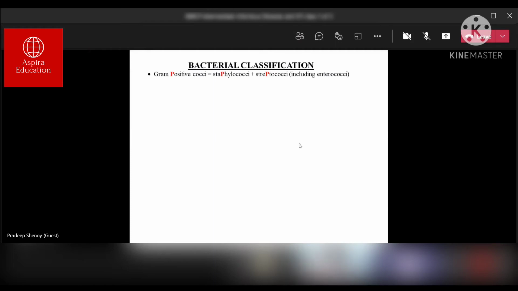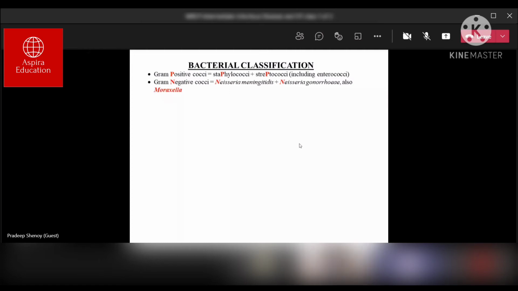So bacteria are classically divided as gram positive and gram negative based on the stain, gram stain. Subsequently, it can be classified based on the morphology. So we have cocci, which is like a small dot-like structure. Then we have bacilli, which are a little elongated. So we have some classical organisms which have special morphological features which are associated